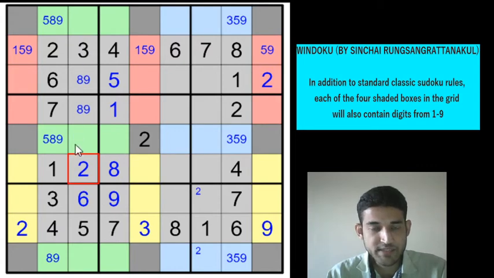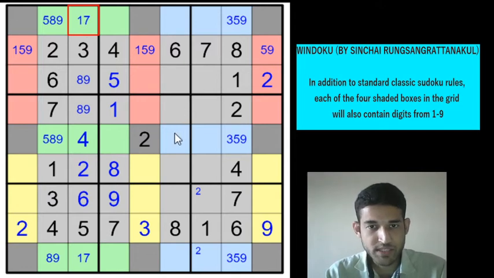Now we have placed 6 digits along column 3: 2, 5, 6, 3, 8 and 9. So the remaining digits are 1, 4 and 7. 1 and 7 are in box 4. So this cell will be a 4. And row 9 column 3 will be 1, 7. And row 1 column 3 will also be 1, 7.